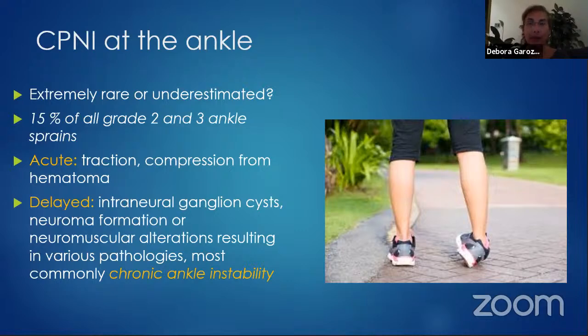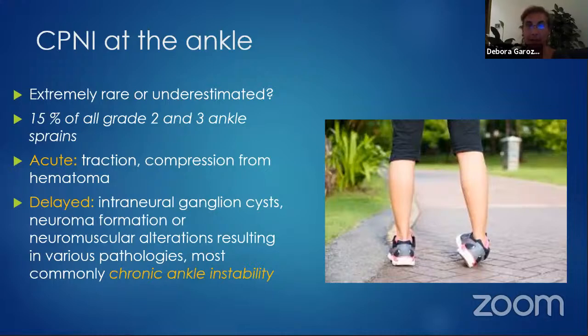A common peroneal nerve injury due to a lesion at the ankle may be acute, and this is usually the consequence of a sudden forceful elongation of the nerve, might be also resulting from a compression related to the formation of hematoma. But sometimes we also have lesions that might be delayed, because the trauma triggered the formation, for instance, of an intraneural ganglion cyst or neuromuscular alterations that might result in various pathology that ultimately are responsible of